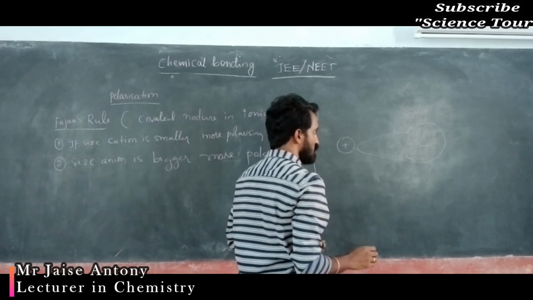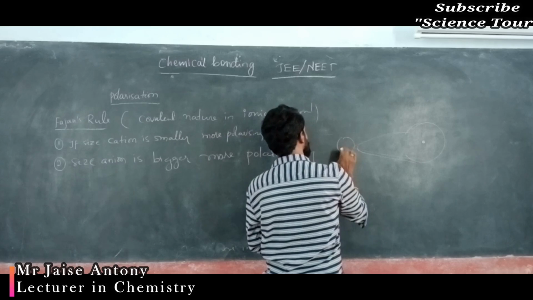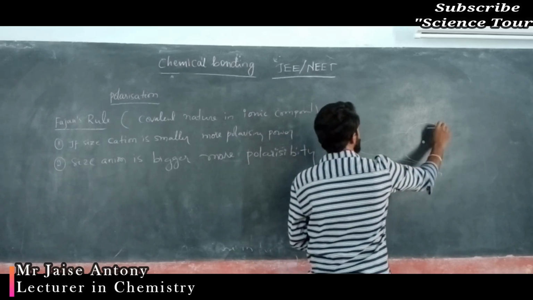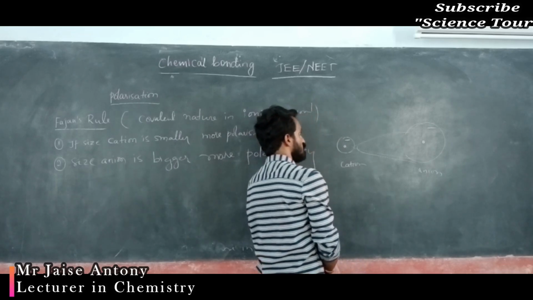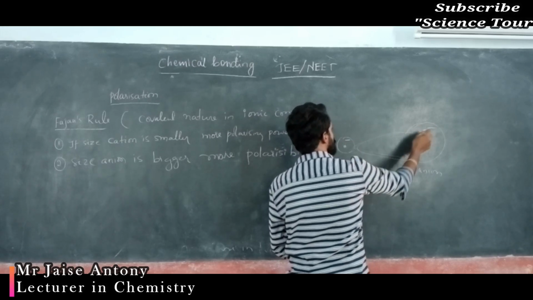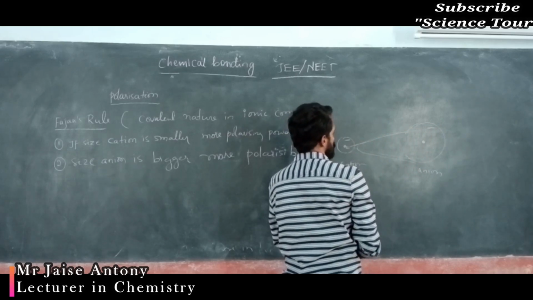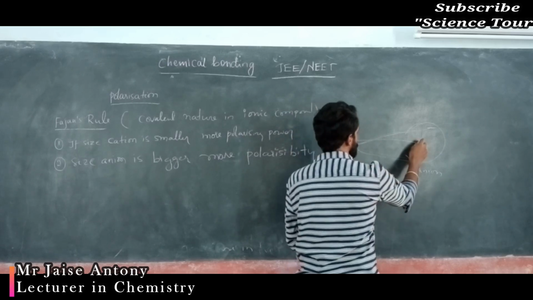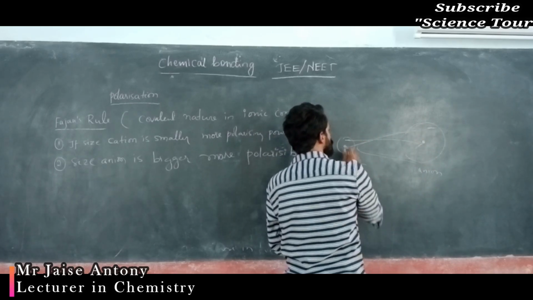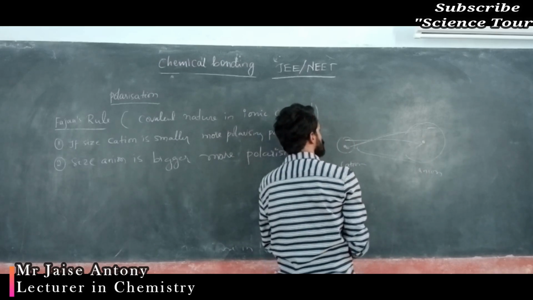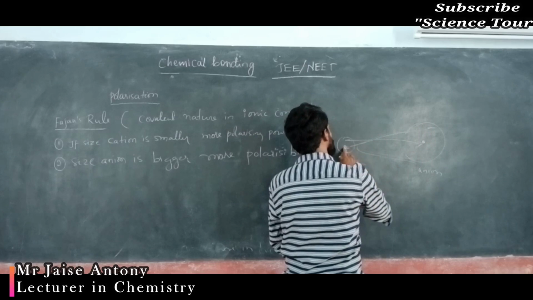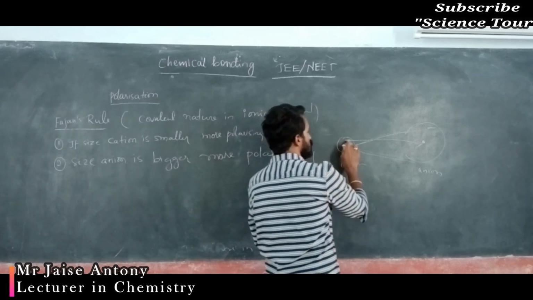See what happens, my dear students. The anion contains a nucleus, the cation contains a nucleus; at the same time the anion has electrons and the cation also has electrons. The nucleus of this cation attracts the electron of this anion, and the electron of this cation gets attracted towards the nucleus of the anion. The electrons repel each other and the nuclei repel each other, but more than the repulsion, the attraction is stronger.